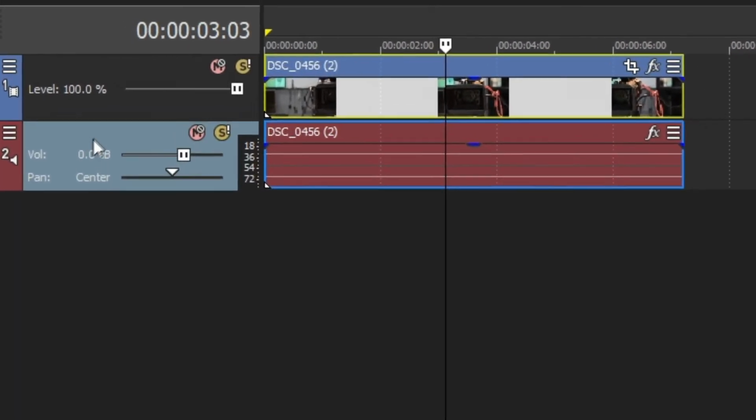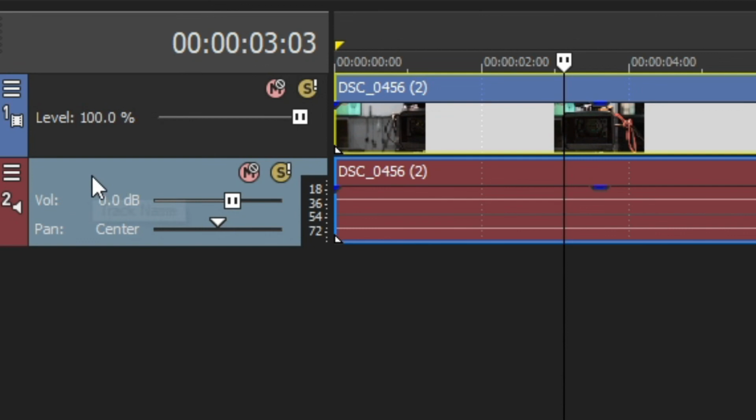Here's an interesting thing I'd like to point out. Notice how on the gain slider, unlike the video track's opacity slider, which is turned all the way up to 100%, it actually starts at 0 dB, which is just a little to the right from the center. When you move the slider button to the left, it goes into negative decibels. In this case, the lower the number, the quieter it will be.